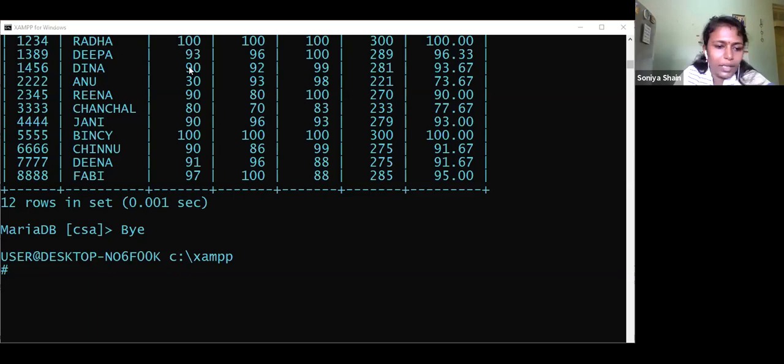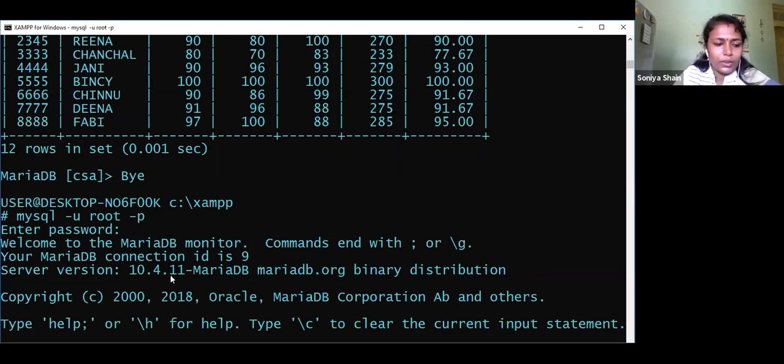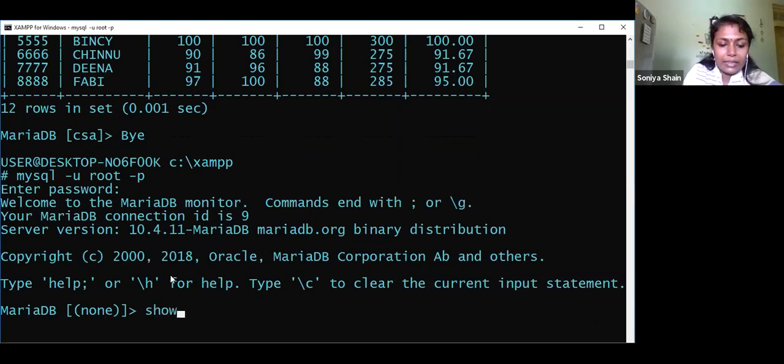I have already started my MySQL server. It is running. So I will enter the shell using the command mysql -u root. I have not set any password, so no need to give one. You will see what databases are there. Show databases.